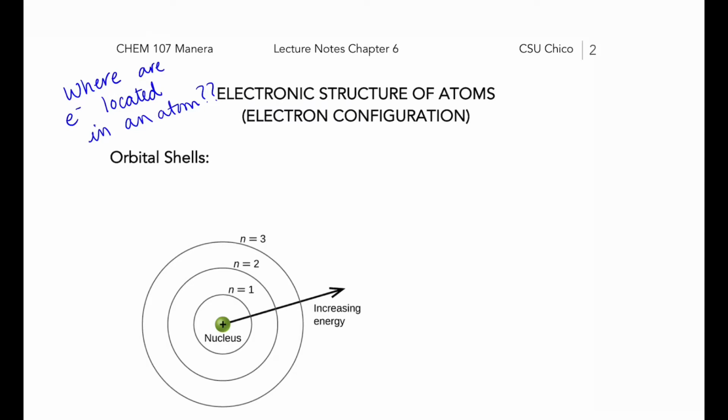And we're going to talk about a way to write it out. It's kind of like the address for an electron. How can we write out, in some notation, where an electron is most likely? Okay, so I will say